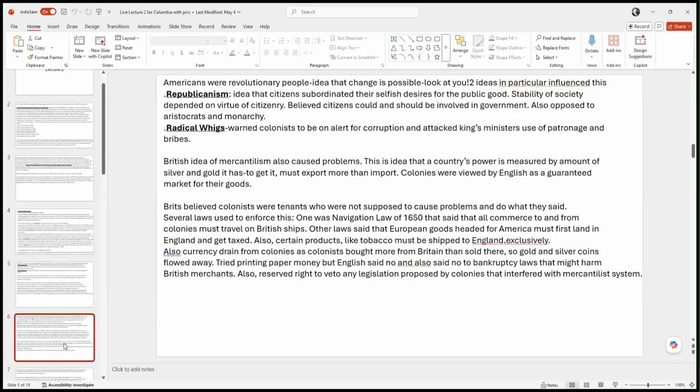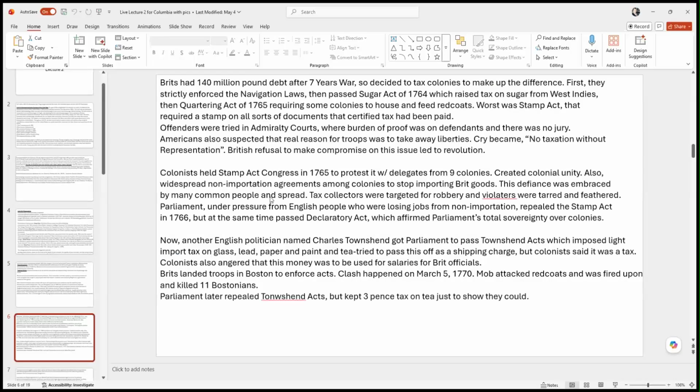The other big thing that's going on that's important to understand too is the British had just concluded this war called the Seven Years' War with France. And Britain was victorious. They pretty much kicked France out of North America as a result of this war. But it had been very expensive. And the British finished up the war with about 140 million pounds in debt. That'd be probably close to several billion today. So it was a serious amount of money.